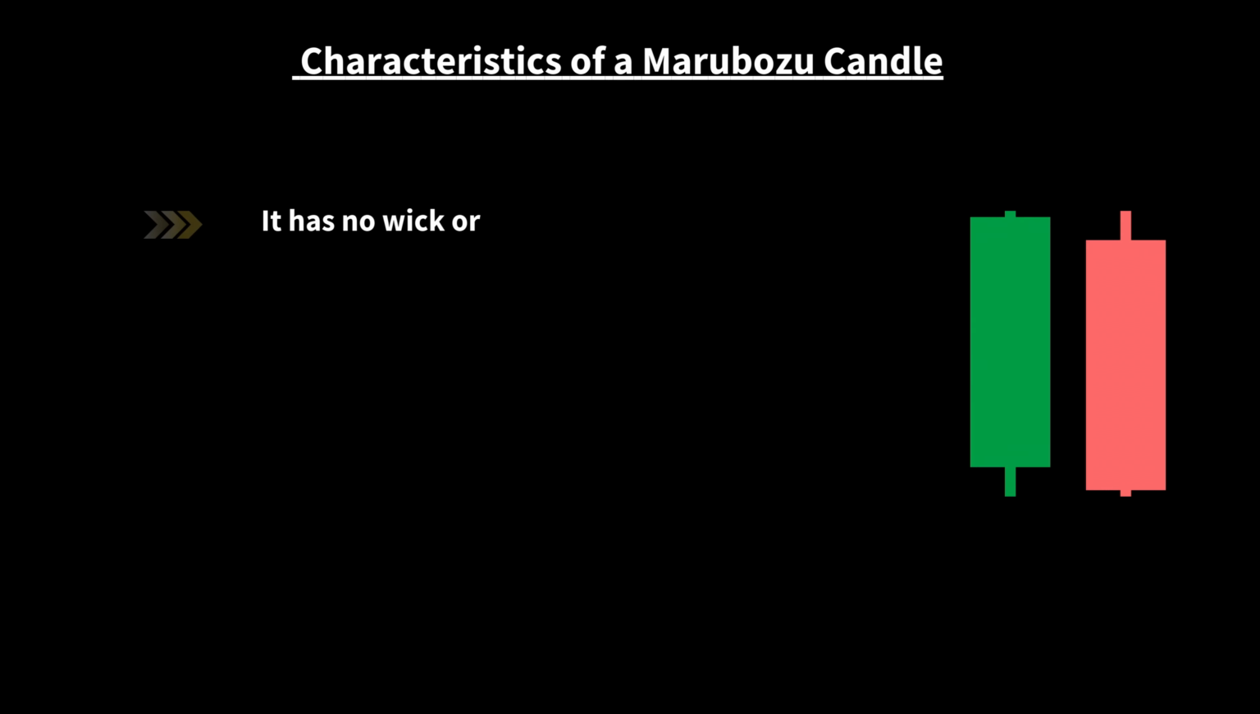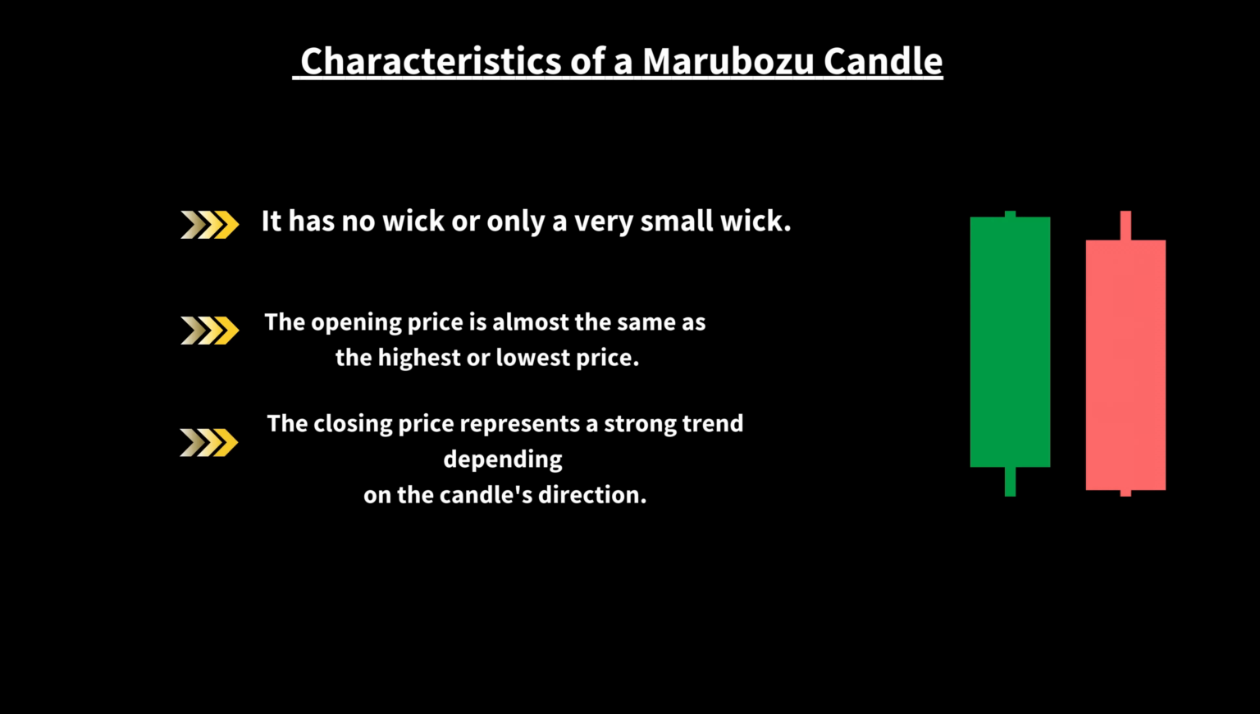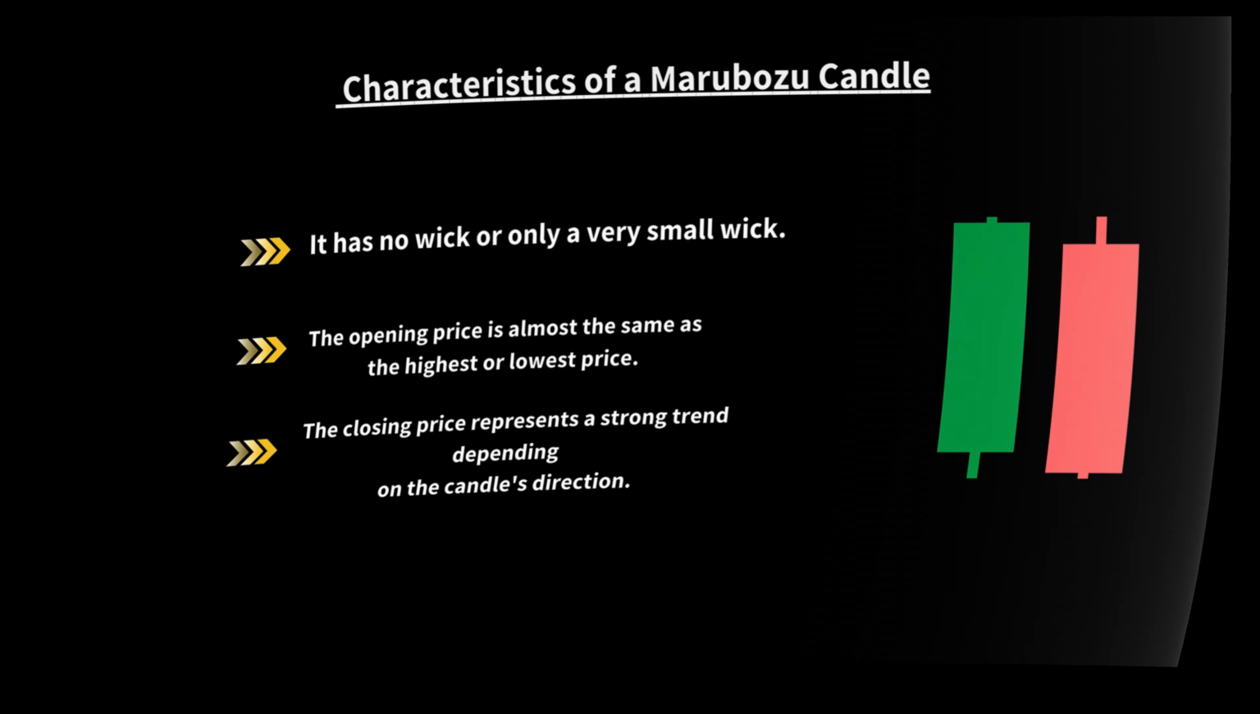Characteristics of a Marubozu candle: it has no wick or only a very small wick. The opening price is almost the same as the highest or lowest price. The closing price represents a strong trend depending on the candle's direction. For example,